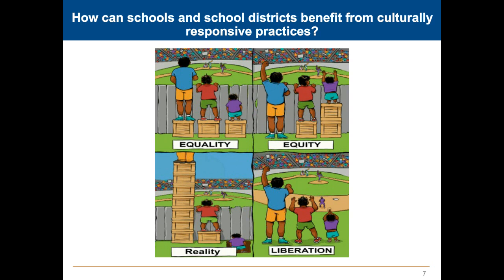If we go to the top right block, we'll see the equity frame, which is using the same three resources, the same three crates, to provide an equity module so that all three of the children can see the baseball game. And to take Paulo Freire's work around liberation, we know that when we talk about equity and equality and culturally responsive work, we really want to move toward liberation. Liberation is removing the crates, removing the obstacle of the actual fence,